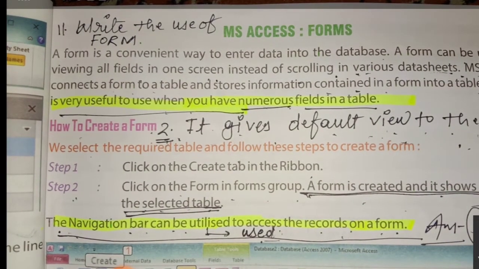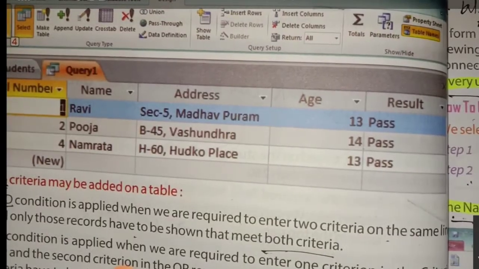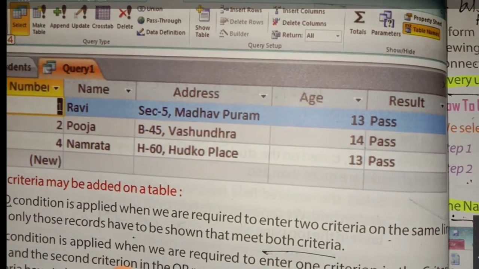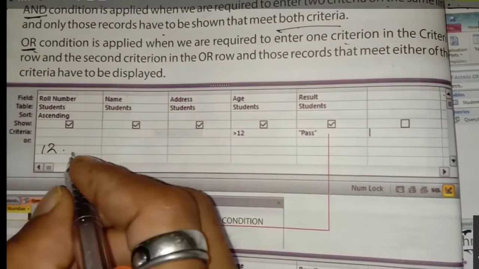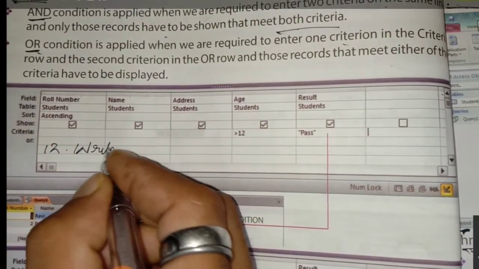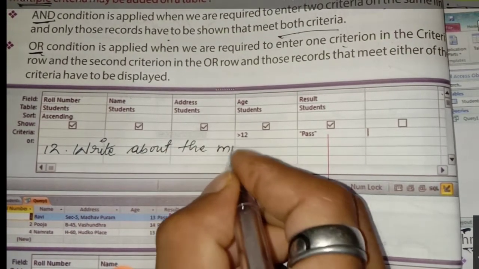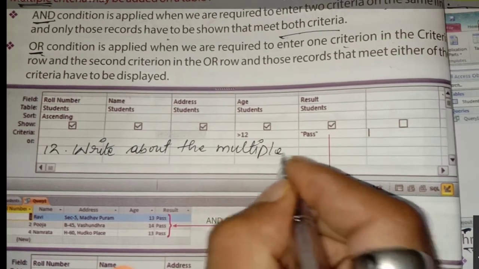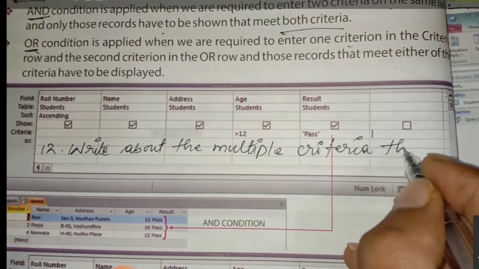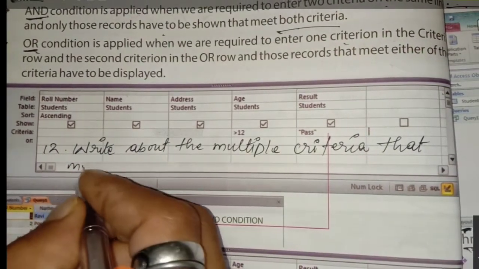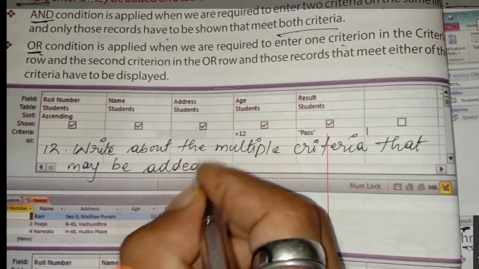And one last question I see. Write about the multiple criteria that may be added on a table.